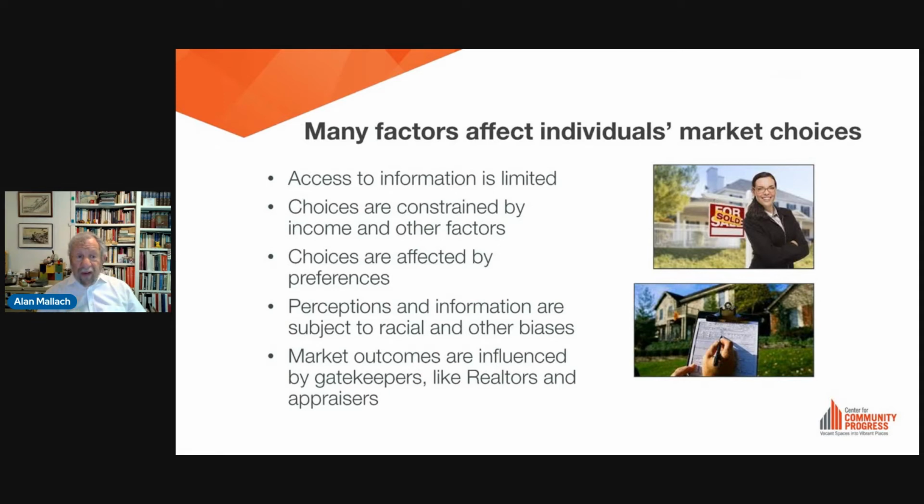Choices are also affected by preferences. And I'll talk about this in a moment because preferences are a very important factor. But also, choices are affected by perceptions, which are in turn subject to a great deal of potential bias. So, for example, if somebody moves into a new area, you move to Trenton from, say, Topeka, Kansas, because you've taken a job at one of the research labs there. So you don't know the neighborhoods, you don't know the community, but you're going to be talking to your coworkers. And so you're going to pick up their prejudices.